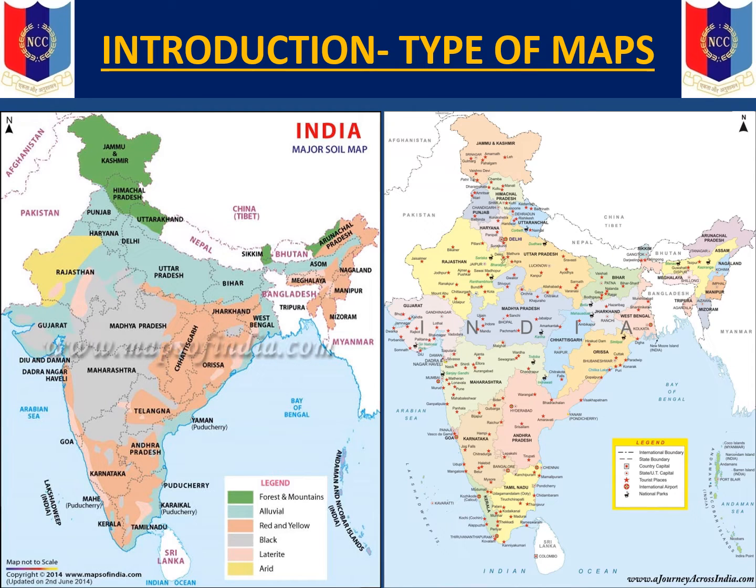Now, there are various types of maps depending on their scale and use. One of the most commonly used maps in our day-to-day life is our rail and road maps, which you have seen yourself. Some of the various other maps are statistical maps. You've got meteorological maps. You've got rainfall pattern maps. You've got soil maps, political maps, which is shown here in the viewfoil.